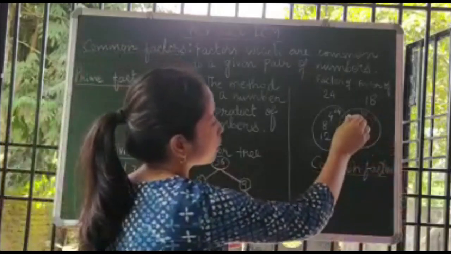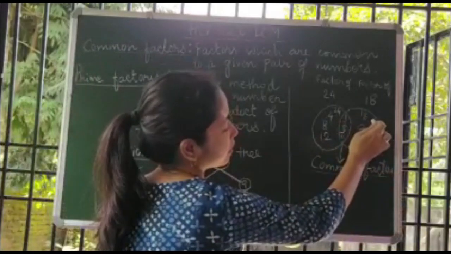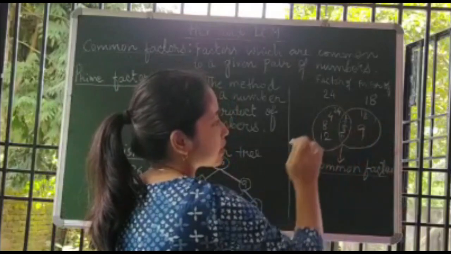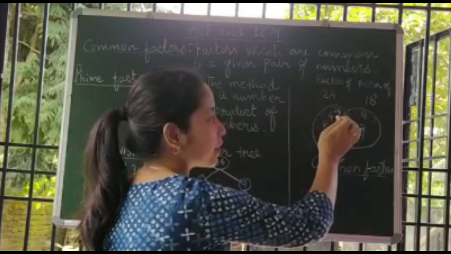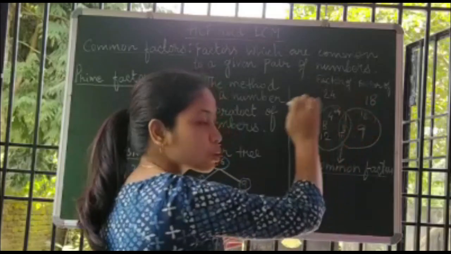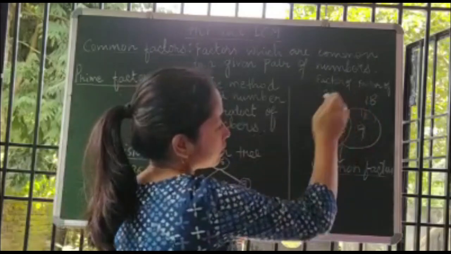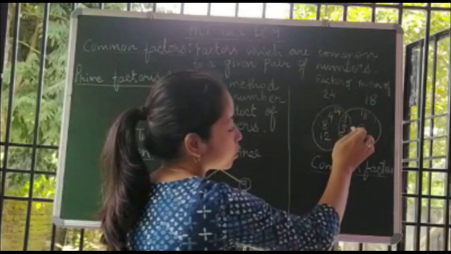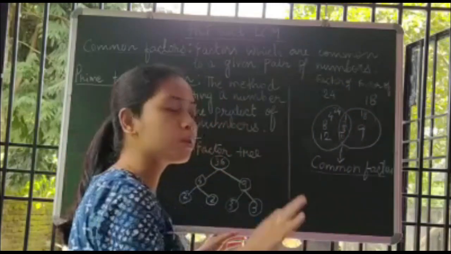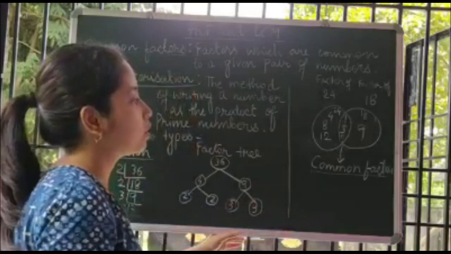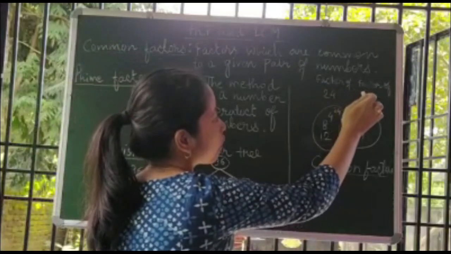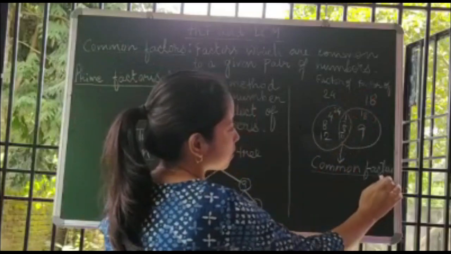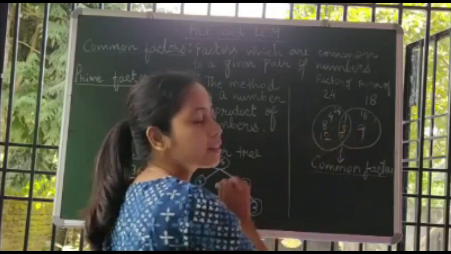Next, let us see here in this circle. How does 18 come? Because 18 is also a factor of 18, because 18 times 1 is 18. As 1 times 18 is 18, 18 times 1 is also 18. So 9, previously we have got, because 2 times 9 is 18, so 9 is also a factor of 18. Both sides we have to see, not only one side. So from these two numbers, 24 and 18, we have taken out the common factors, that is 1, 2, 3 and 6.